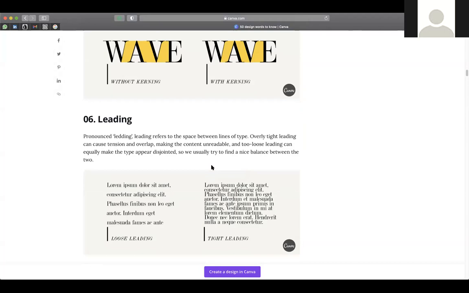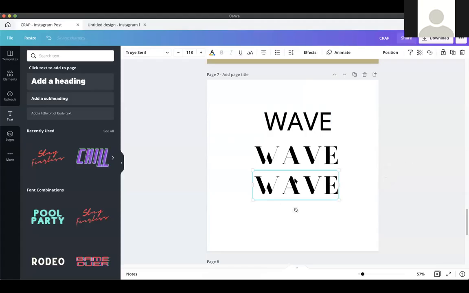So that's leading. Or leading, actually. That's the pronunciation. So let me explain it. So leading refers to the space in between lines of text. Okay. So when you tighten it, let me show you the difference between kerning and leading. All right. On Canva. Okay. So when you want to reduce the space in between them, when you do it uniformly,